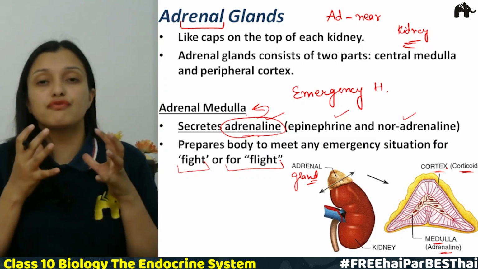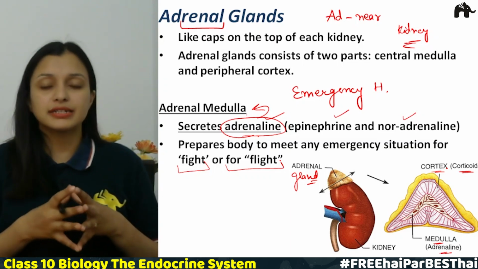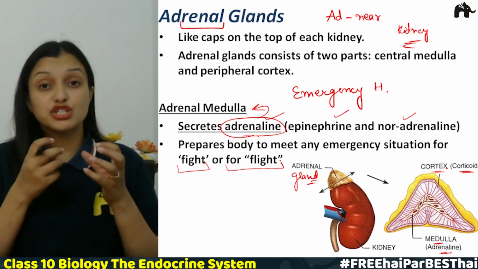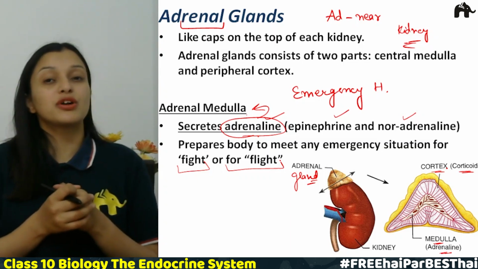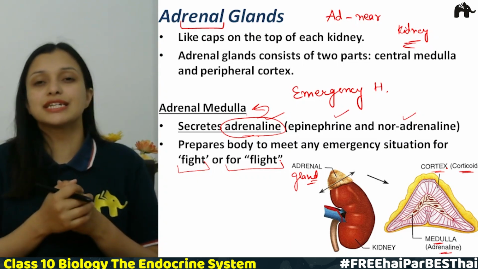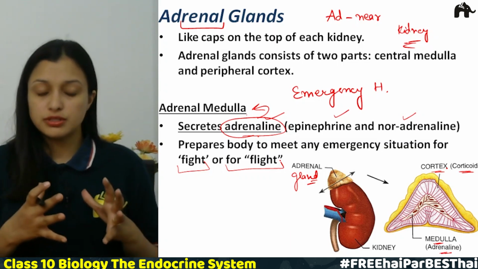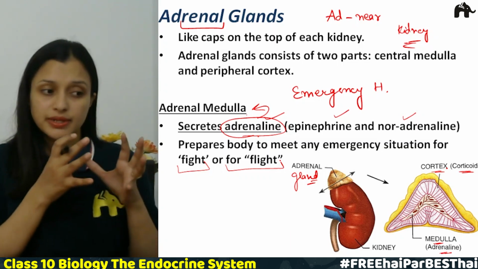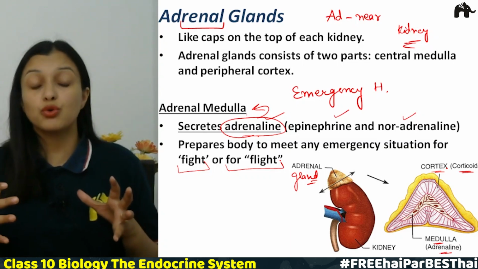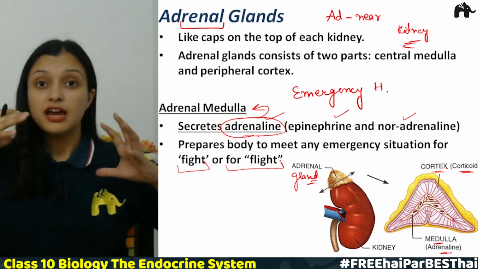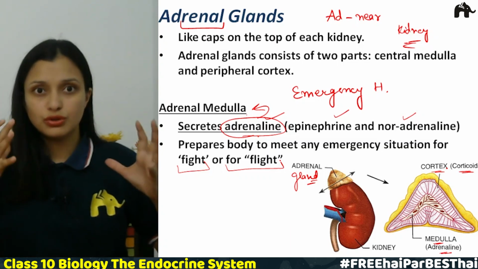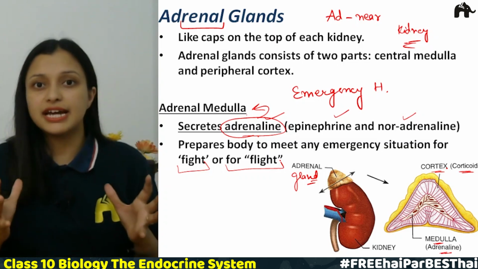So which hormone is acting in your body? Which gland is very much functional in your body? That is the adrenal gland, which secretes adrenaline, right? So if you are full of emotional stress, at that particular time adrenaline will be secreted more. So this hormone will actually help you to face that situation.